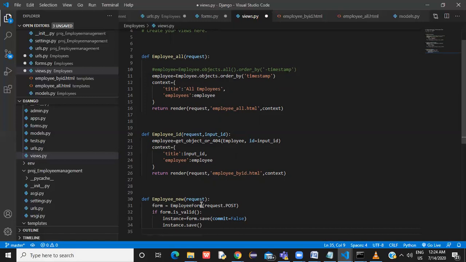Your form details will get stored in an instance, and in that instance, if, let's say, Gmail is not there, it will get added here. Like you can add or append anything to the employee's first name and then save it. So before saving into the database, it will be saved with the new changes. Okay, and then we have done instance.save, and after that return